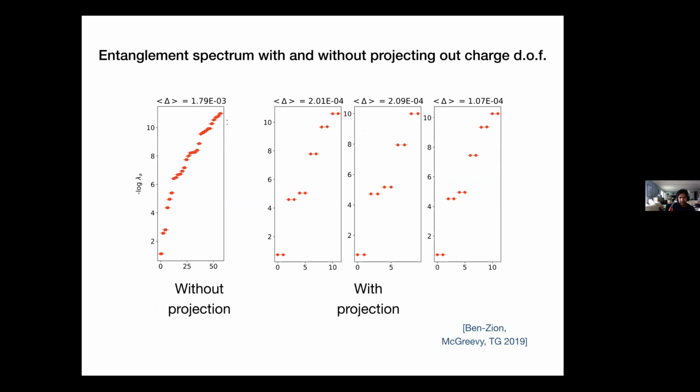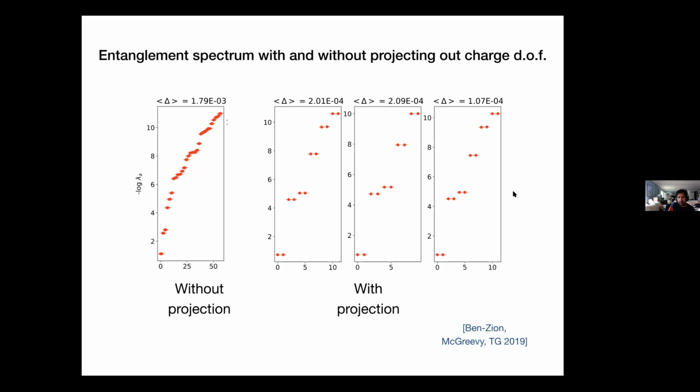But let me just show one thing. If you don't do any projection of this gapless degree of freedom, I mean it's just the actual wave function, look at the entanglement spectrum. It looks very much like a CFT spectrum. It's very hard to see anything about SPT or non-SPT. And then you do projection. You just measure all the charges, leave the spins quantum mechanical, do whatever they want to do based on Born probabilities, and you will start seeing these